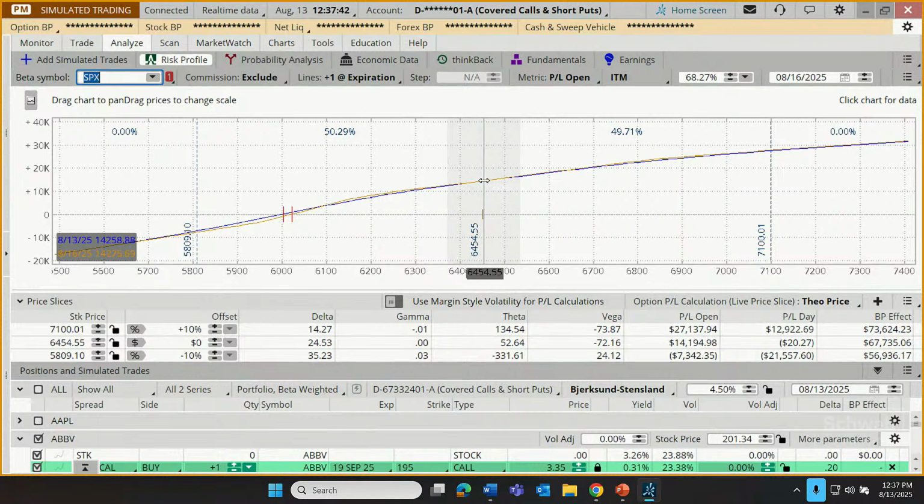I can also see this portfolio definitely would not do well if the S&P started to drop. And the further it drops, the more I can potentially lose. Now, there's a hint here. This is our covered calls and short puts portfolio that we're using for this discussion today. Both of those are bullish strategies.